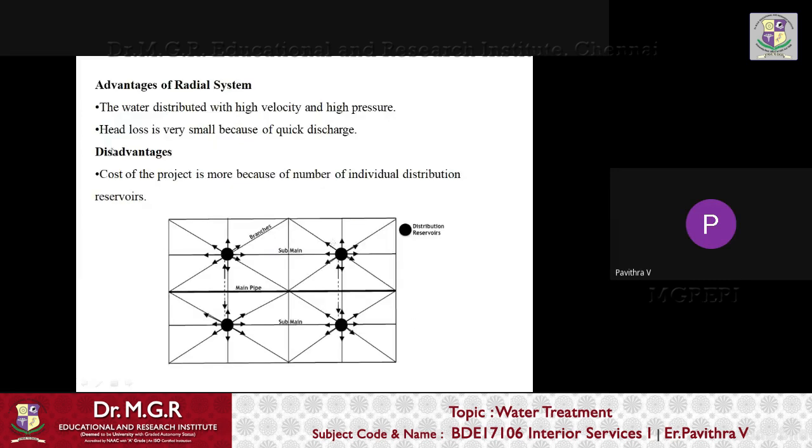So when you see the diagram like this, I am going to separate the area into four different grids. So since there are four different parts, from the main line I am going to supply the water to the distribution reservoir. That is a big dotted point provided at the center of the four corners. So that is the distribution reservoir, which is nothing but, in village areas, you will see an elevated tank provided. So that will be considered as a distribution reservoir. That is going to supply the water to all the branches and then to the submains.